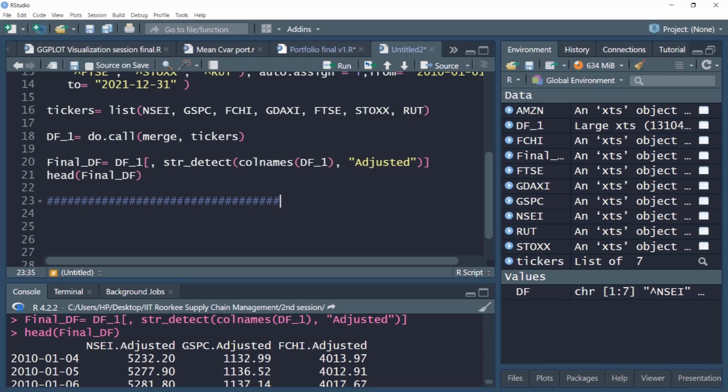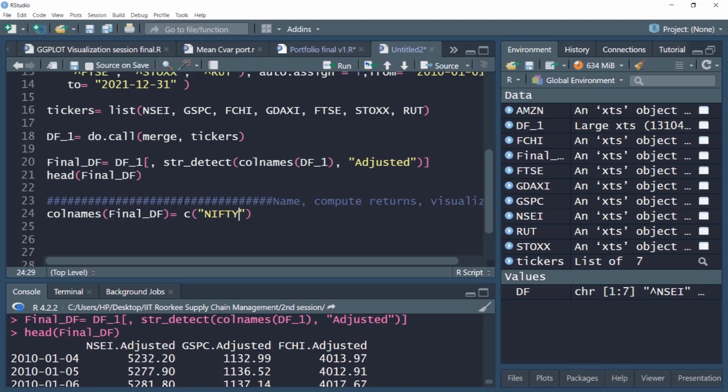So as a first step, we will give appropriate names to the columns. We'll name, compute returns, and visualize. As a first step, let me just give the names with this colnames command. Here I'll use final_df. This was our original data that we downloaded, but we give it appropriate names.